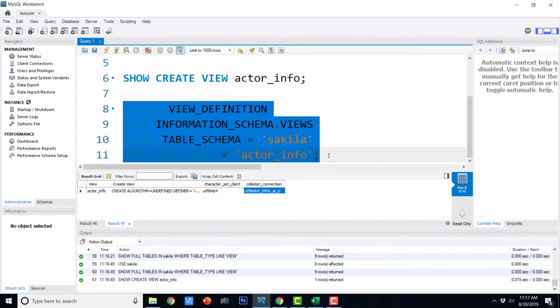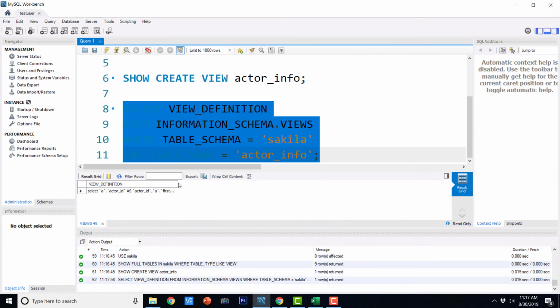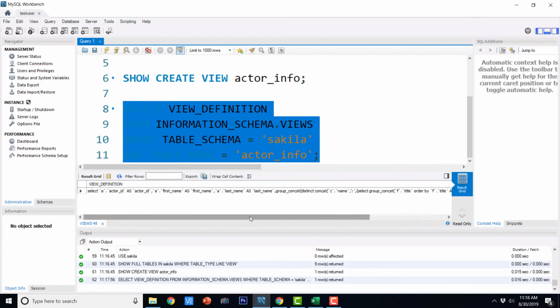If I execute this, it is going to return us the definition of the view.